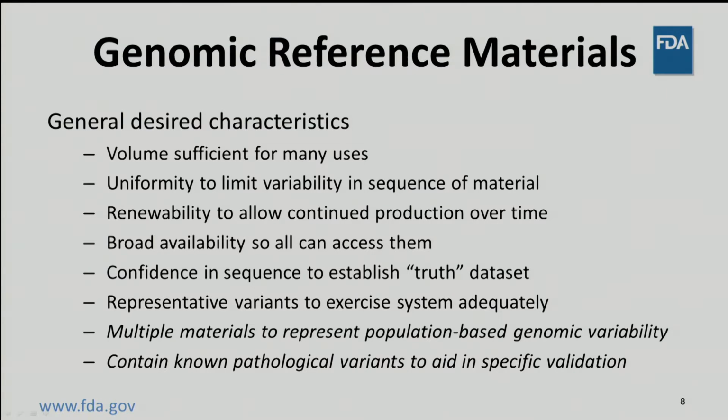different genomic contexts. Ideally, we would have multiple reference materials that represent population-based genomic variability across many different populations and contain known pathologic variants to aid in specific variant validation. This sounds like a lot of requirements, but realize that not every reference material has to have all of the necessary characteristics. We can also use several materials together to establish confidence, with each material providing a different set of